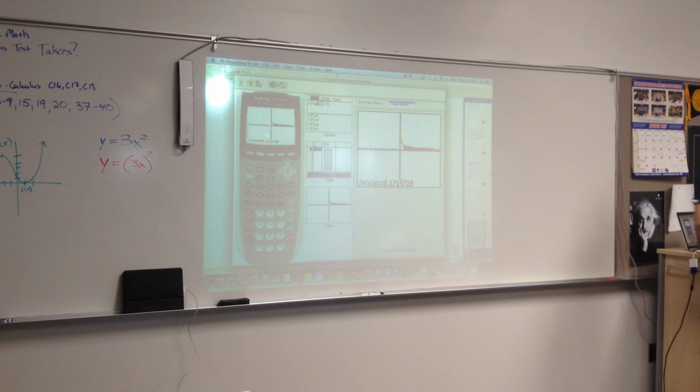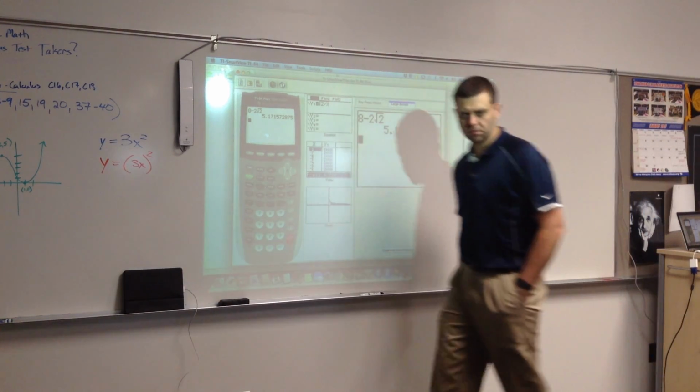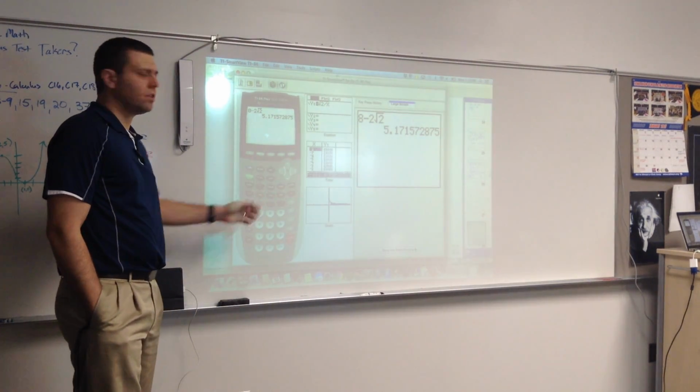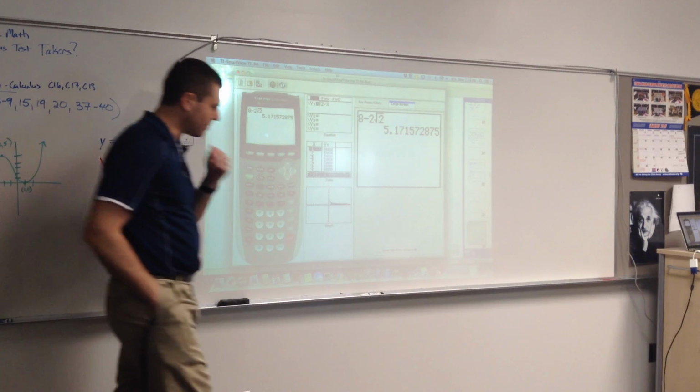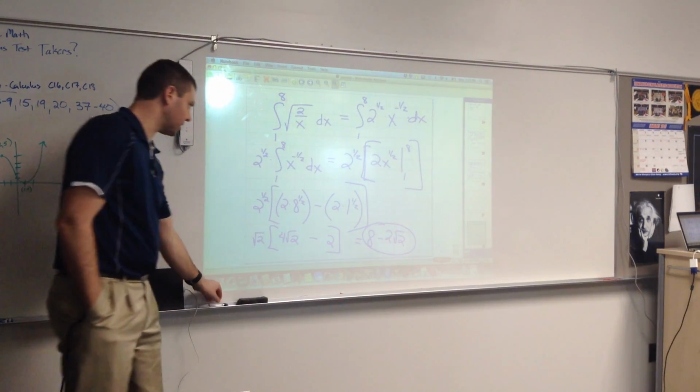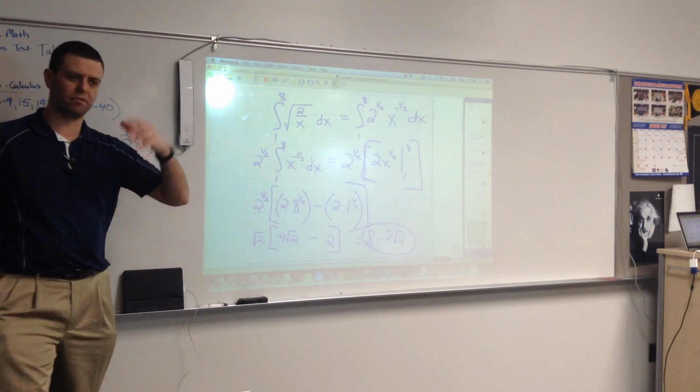5.1715. Okay, I will not accept that decimal, but what was it? 8 minus 2 square root of 2. Way to check your work. So you can check your answer using the graphing calculator, but there's kind of your first example of what's called the definite integral, or using the fundamental theorem of calculus to help you find the area under